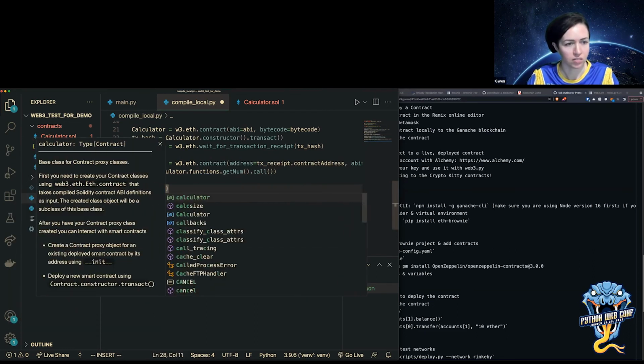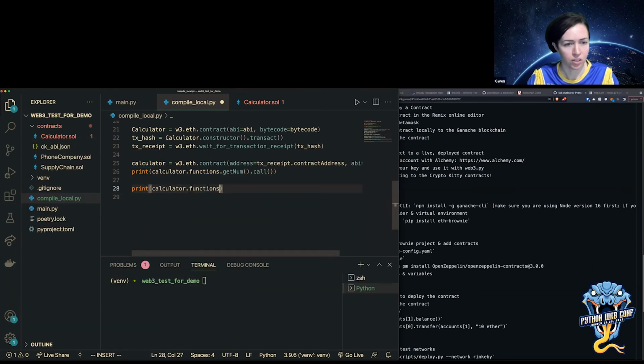I can do calculator dot functions dot set num, and I should be able to just pass in a number. So I'm going to pass in 7, and then I'm going to do transact this time. And that should run a transaction. Let's see.